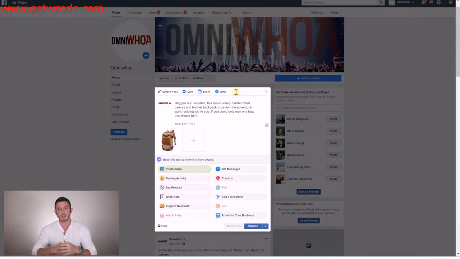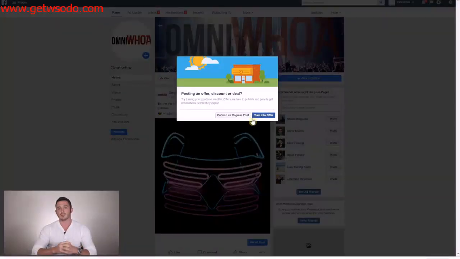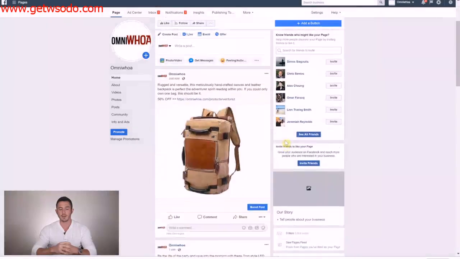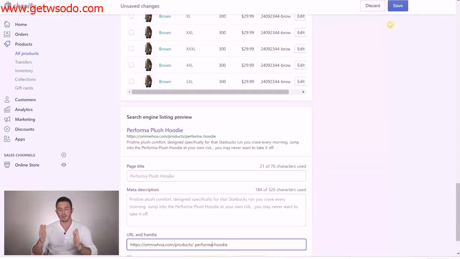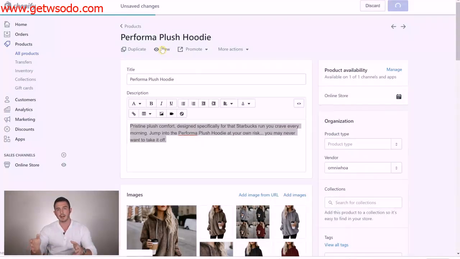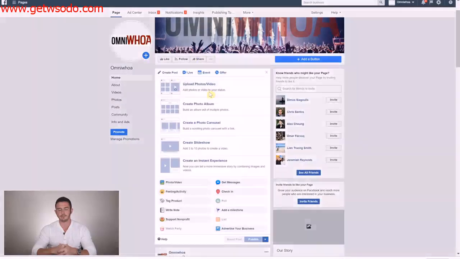That's why we're just going through the process, uploading all the creatives and the descriptions to our Facebook page, and then we go through and we do all of the ads at the same time as well. It helps you be more systematic and actually launch a lot faster too. Okay, now that you have all of your creatives posted on your Facebook page, we're gonna go ahead and start launching some campaigns. So in your Ads Manager, go ahead and create a new campaign, and we are gonna go